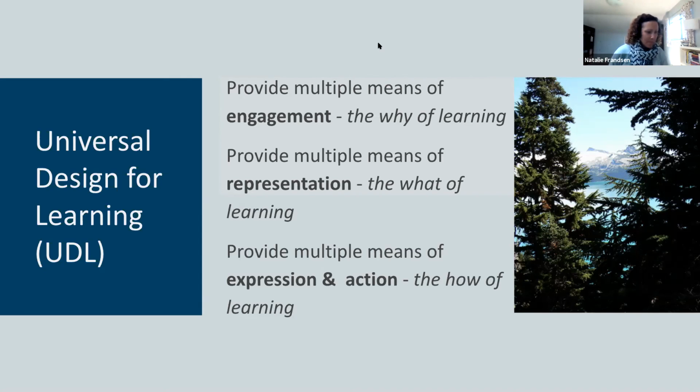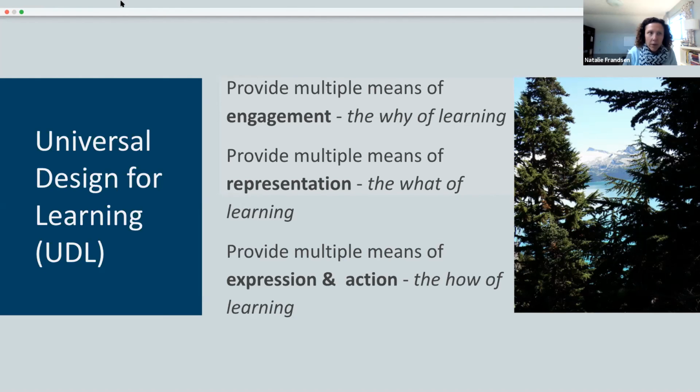Okay, thanks, Robbie. So much of what Robbie has talked about aligns very well with what we already know about universal design for learning. So I'm going to try and not repeat a lot of what she said. But at the heart of it, given the diversity of our students, that multiplicity is foundational. So that's for engagement, for representation, and for expression and action. So this really does come down to a lot of the concepts that were brought up in the first discussion group around